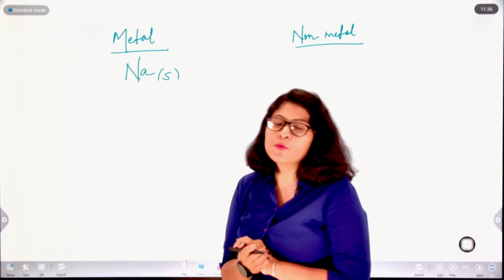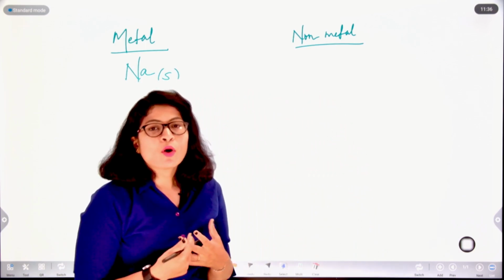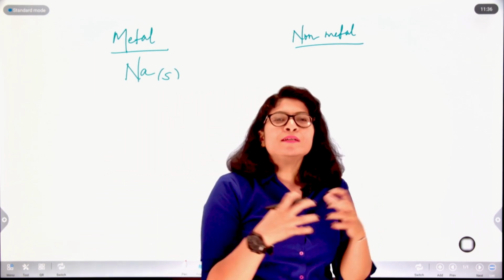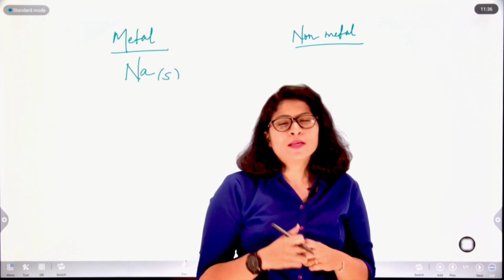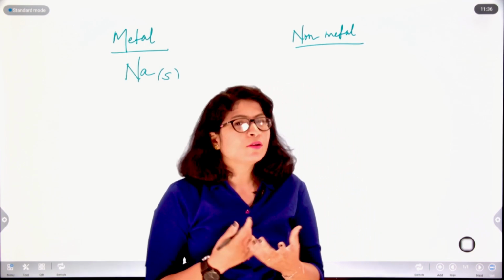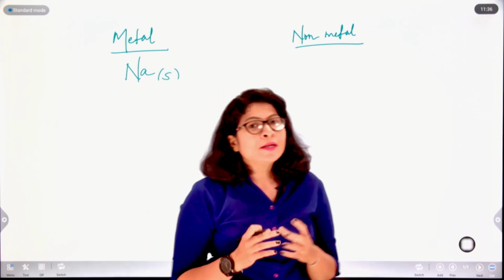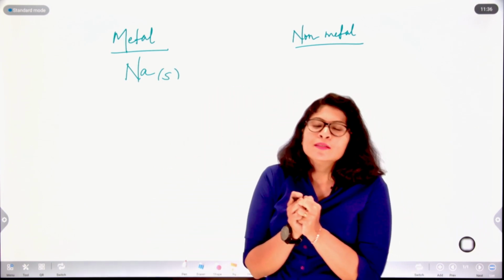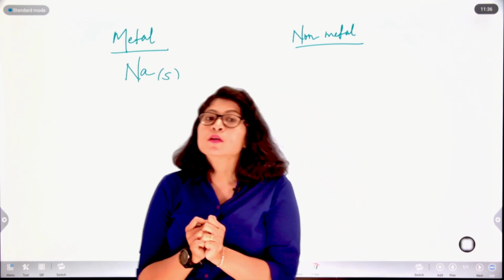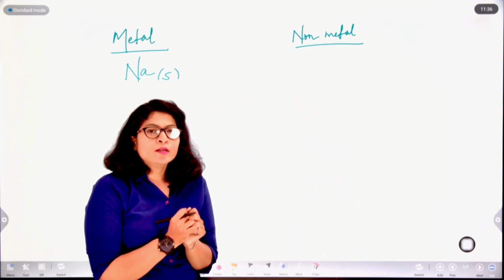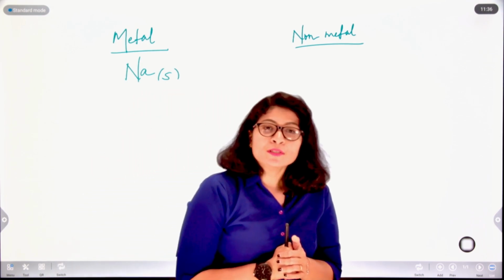in our lower classes what we studied, in case of solids the constituent atoms or molecules are very tightly packed among themselves, right? They have very low chances of movement. Their movements are very restricted. Therefore in that state they are so compact that they can't even breathe or move, so they are very unreactive in solid state. In order for a metal to react, it first has to be converted to a gaseous state.